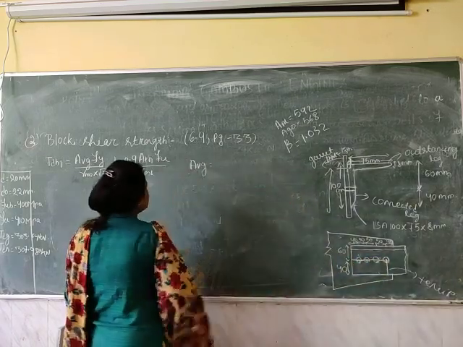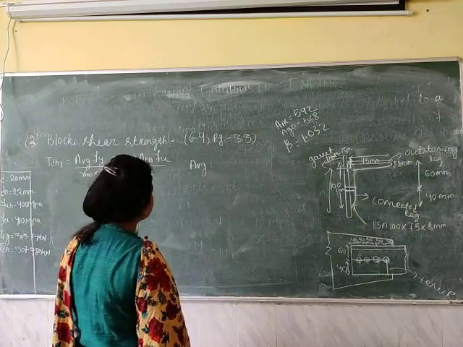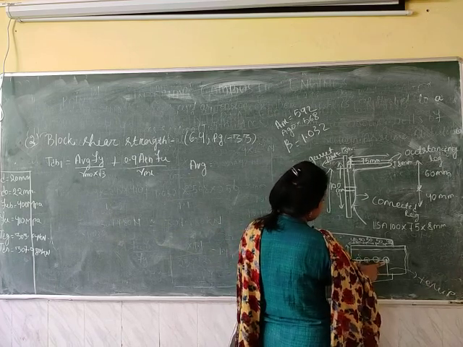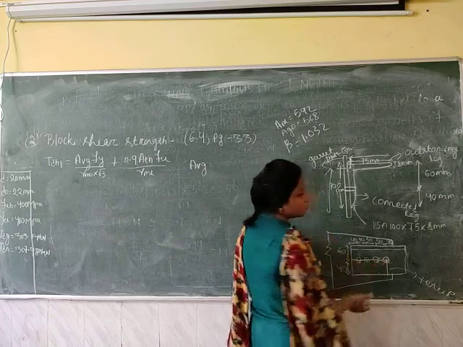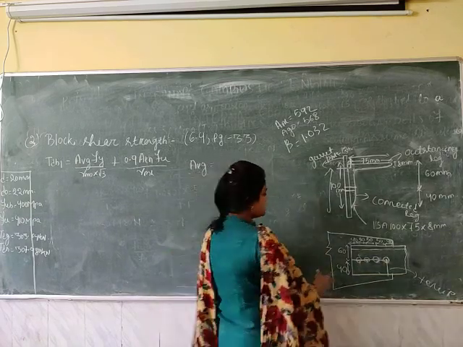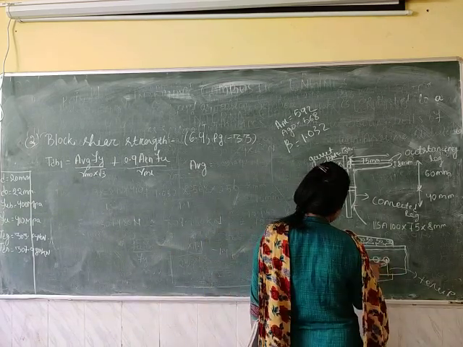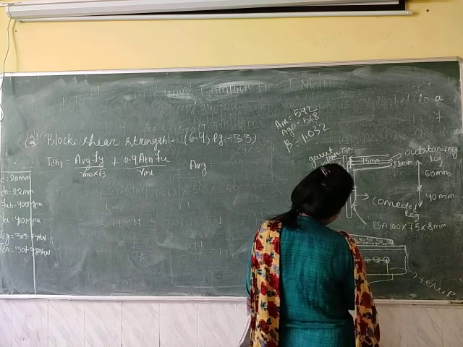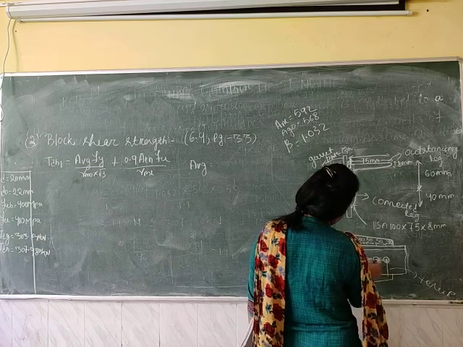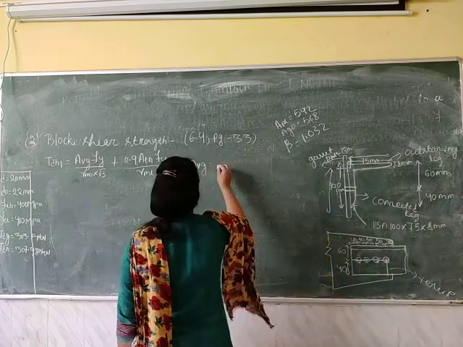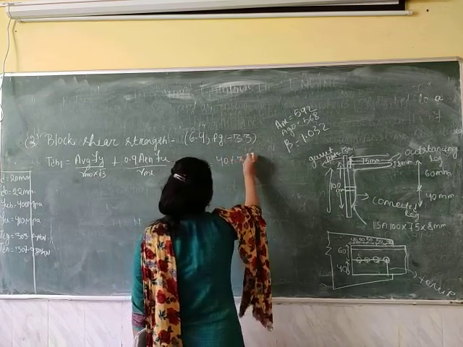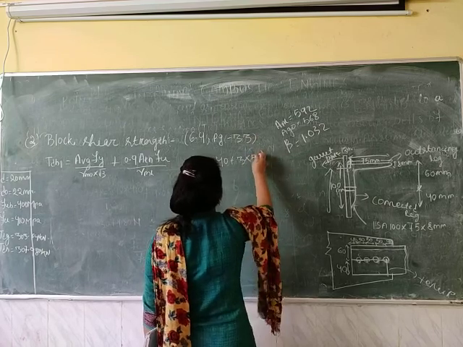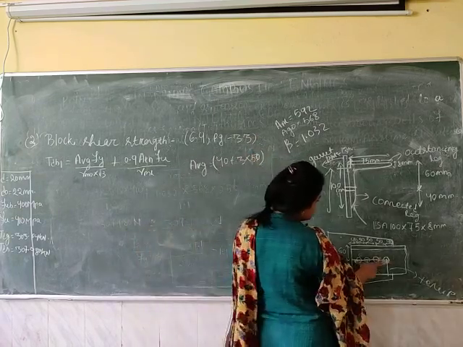Okay, so here we need to calculate the gross area of the shear section. So this is the shear plane, and we need to calculate the gross area of the shear plane. So no need to deduct the bolt hole dia. Here this total length is 40 plus 50 plus 50 plus 50, so 40 plus 3 into 50. Okay, so this is the length of the shear plane.